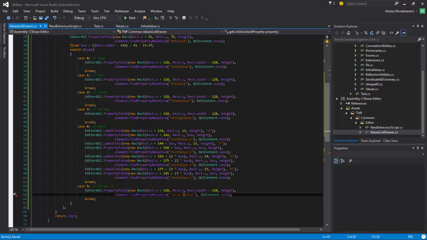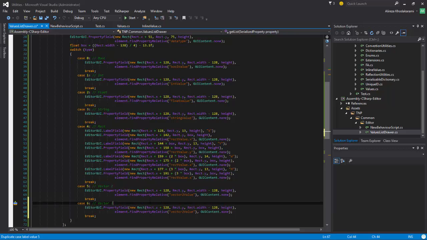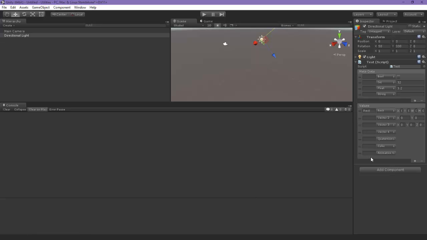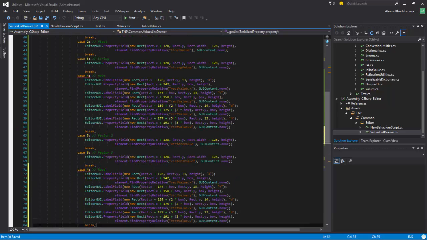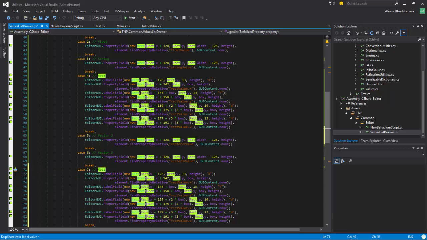Vector 3 is the same. Six, and this is vector 3, and we want the vector 3 value. And that's that. Now vector 4 is just like direct, so I will copy this whole thing, paste,